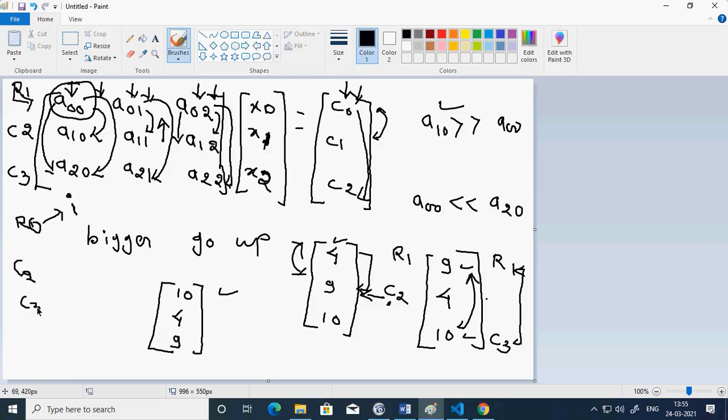C2 changes, C3 changes. So these are my comparative rows, so I will refer to this with K. So this is my K. Okay, so K represents my comparative row and I represents my reference row. Always I am going to compare I with the K value. Okay, so that is what I am going to do.